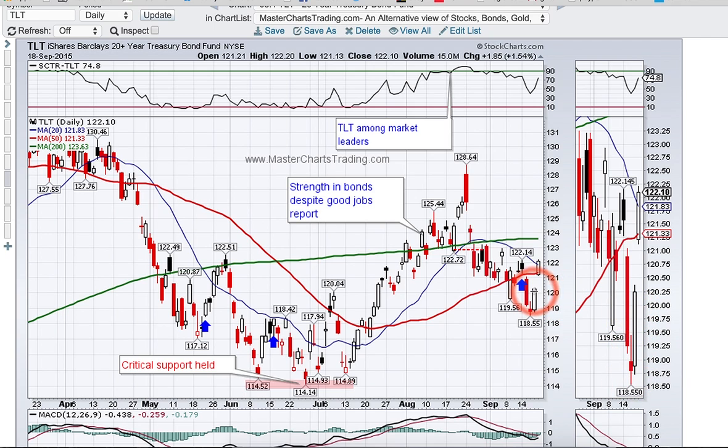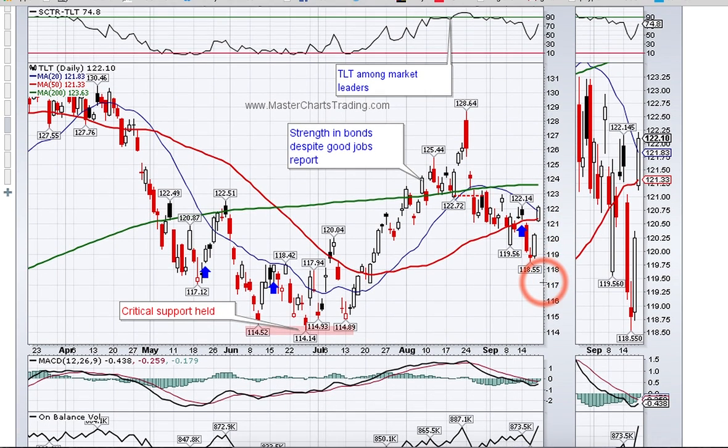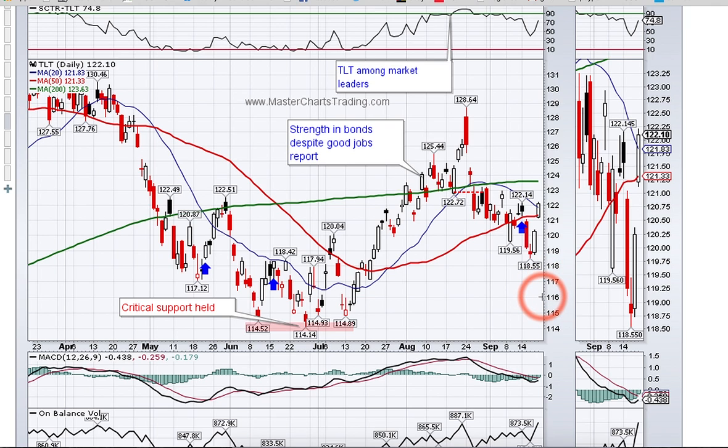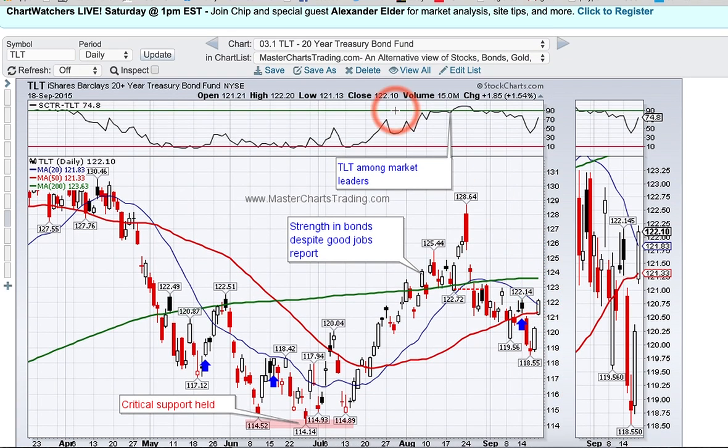was clearly bullish, so there was a lot of buying pressure. And then this is Fed day. And the next day, there was a clear confirmation with a gap up and a continuation higher. TLT gained 1.54% on Friday, but most of it was from the gap up. And this is indicative of money rotating out of stocks and into the safety of the bonds.